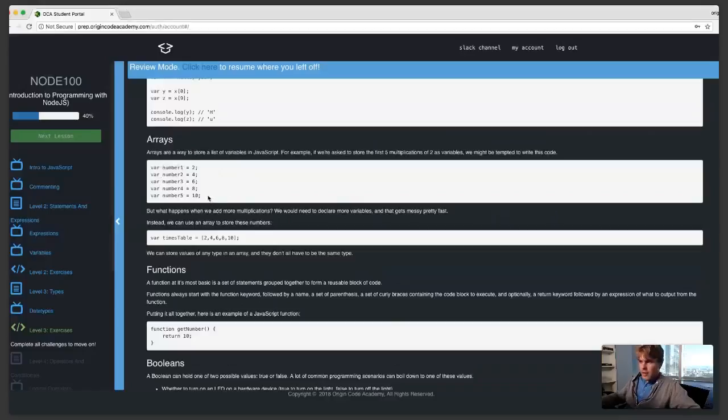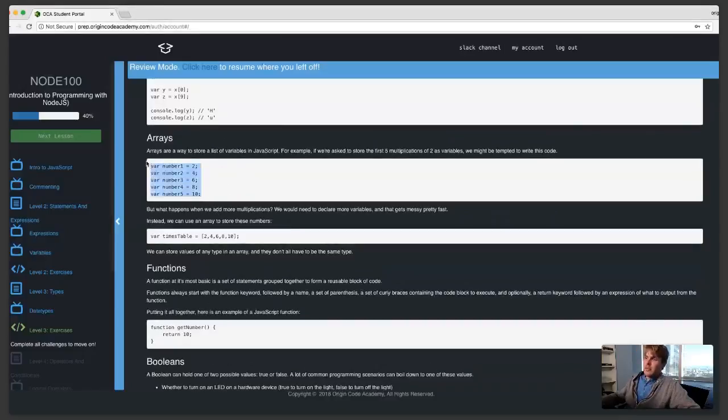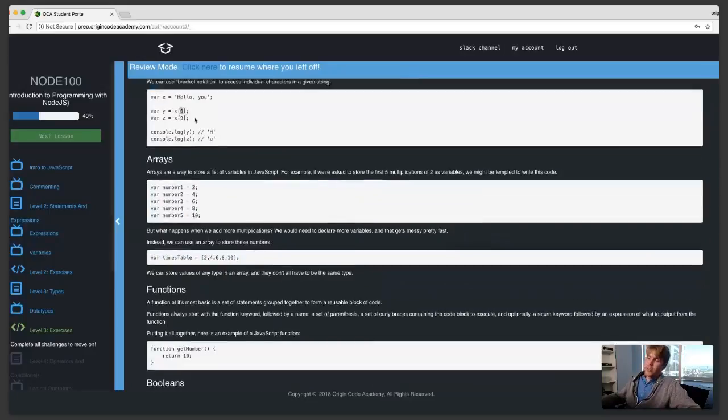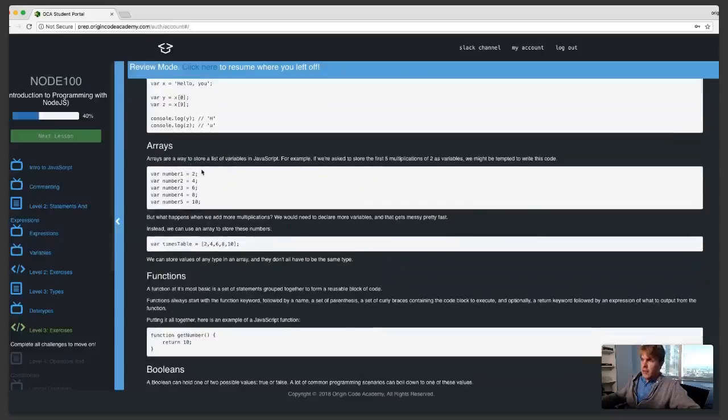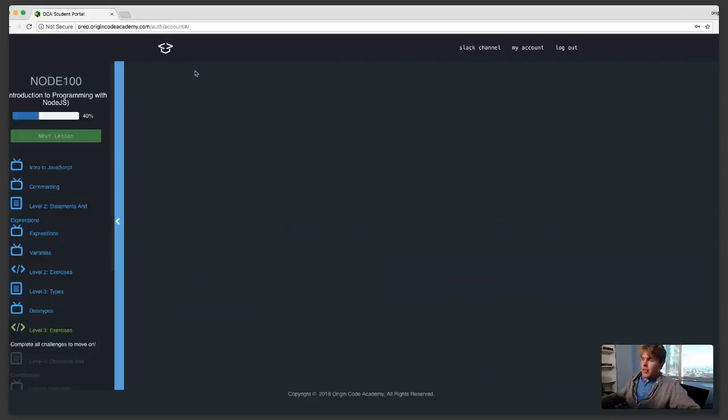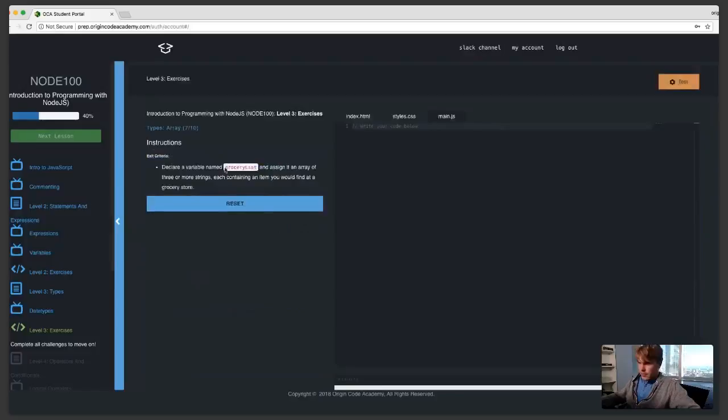All right. So instead of declaring 5 different lines, we can stick those all into an array and then still have access to them using the same kind of bracket notation that we saw in the strings. So let's take a look at how that works. So if you define the variable as it's asking, called grocery list,